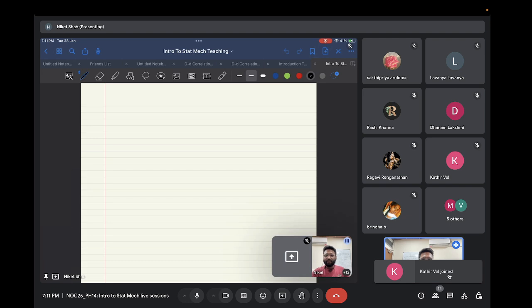Something about this course: it's an 8-week course. As you know, some of you might have taken more NPTEL courses previously. Every week there will be a set of lectures released. You have to go through the lectures. It's important that before you attend these sessions, you have gone through those lectures and you have seen the problems at least. It might not always be possible to solve the problems before you come, but at least you should have glanced through the problems to know what kind of problems are there, so that these sessions will be more effective for you.